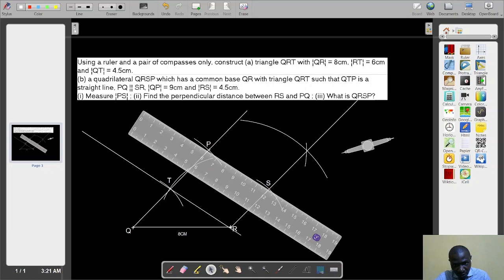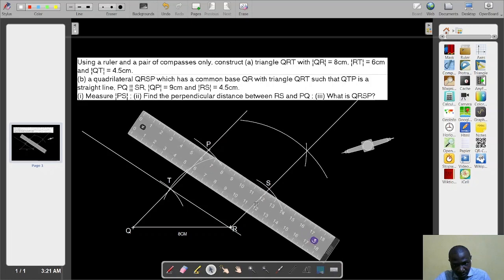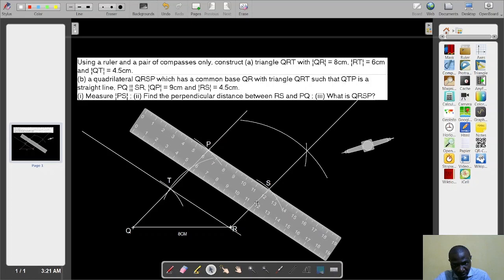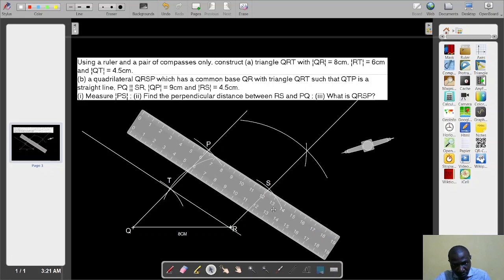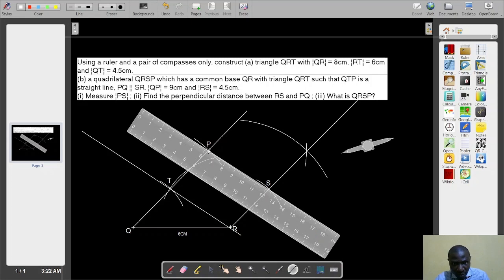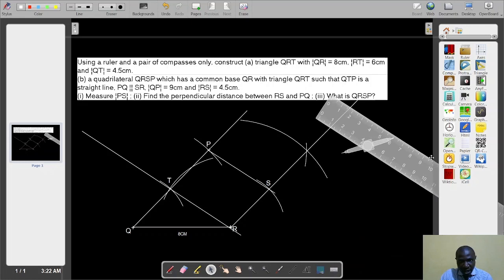I think we still need to adjust this thing a bit. At this point, we should get a perfect line. I think this is beautiful. Now we can join our points like this. This is our PS. So as it is, we now have in the question A part, we were actually asked to construct a